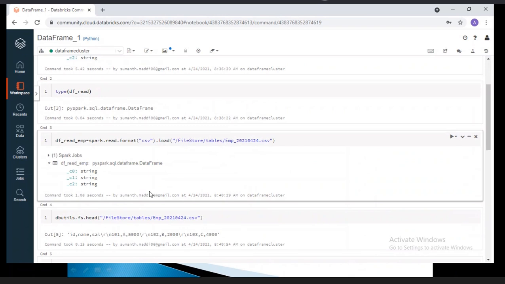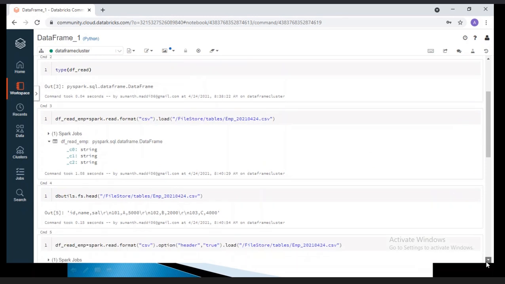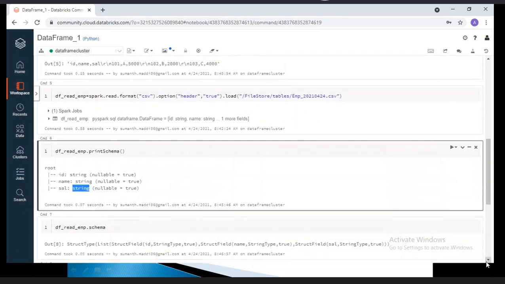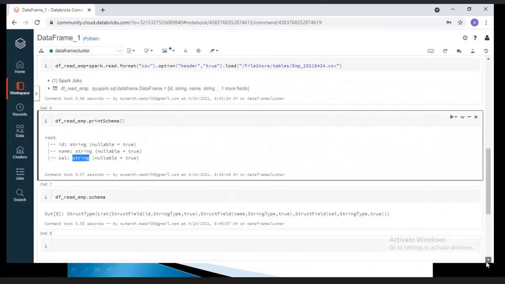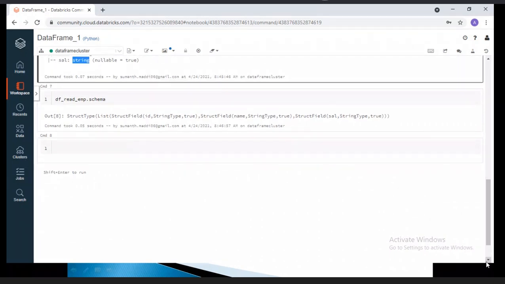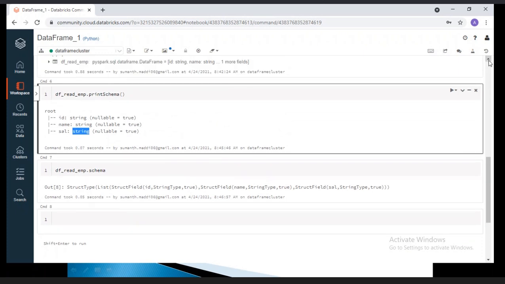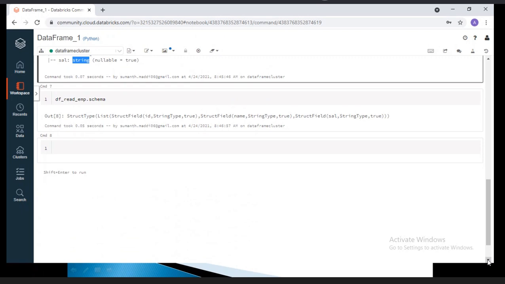How can I create my own data types? Why by default is it considering the string data type? Which option should we use?